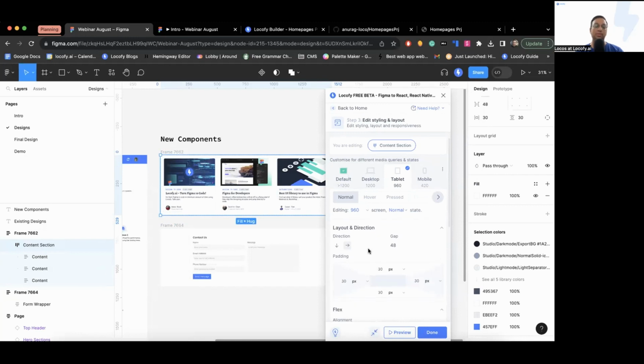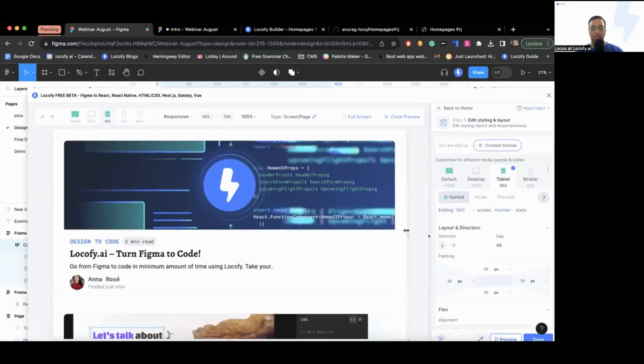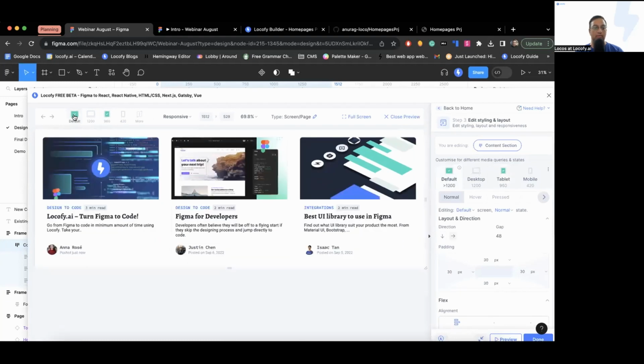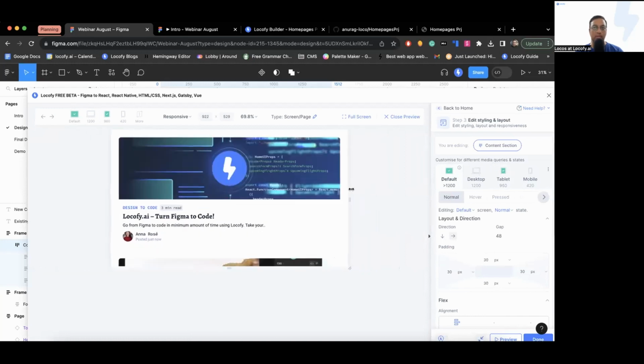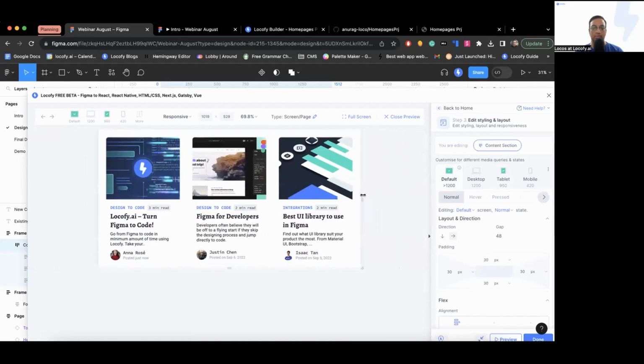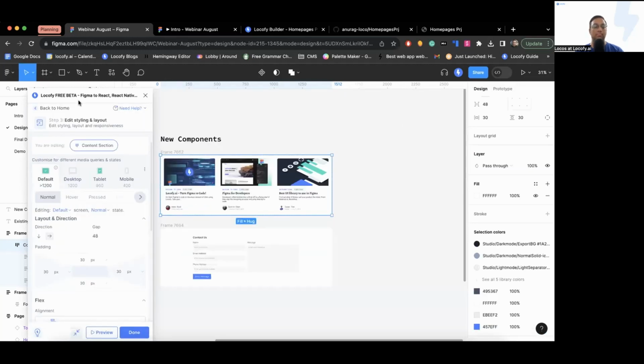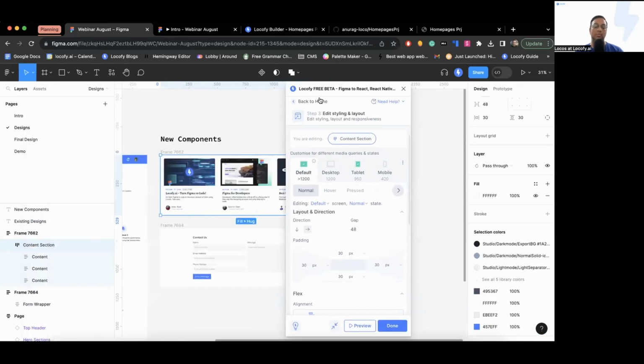But our use case is much more simpler for this demo. So I'll just choose this vertical direction over here. Now you can see that if I move to a higher breakpoint and if I am shrinking, as soon as I hit 960, this is changing, okay? So the gist of this is that with Locofi, you can easily apply settings based on different breakpoints